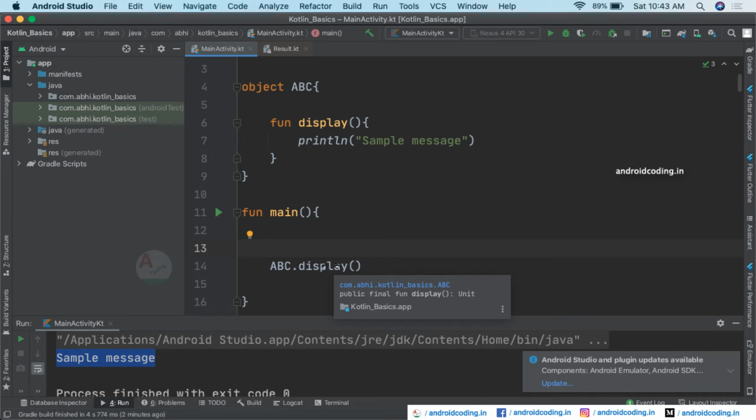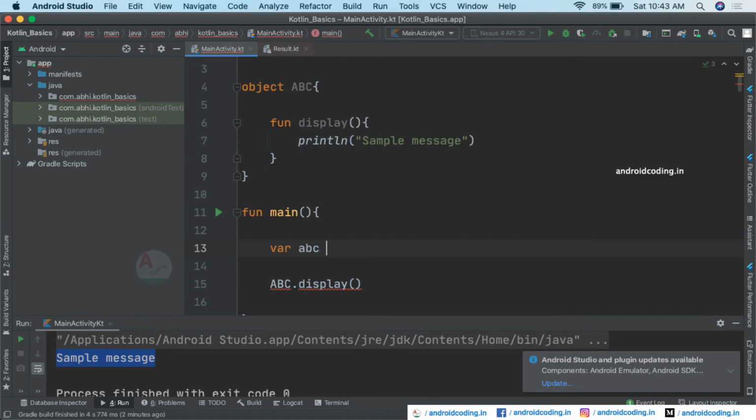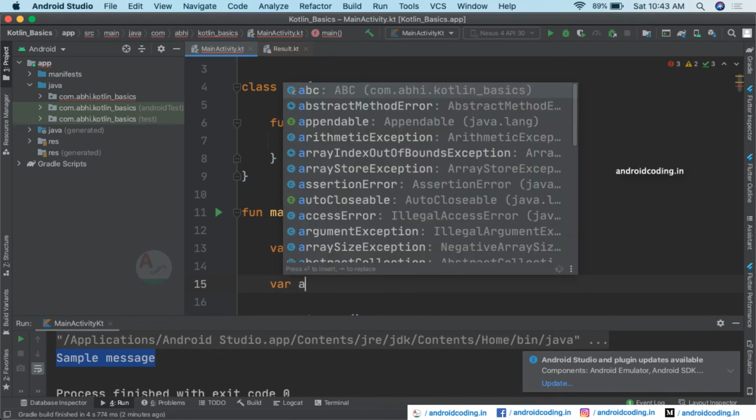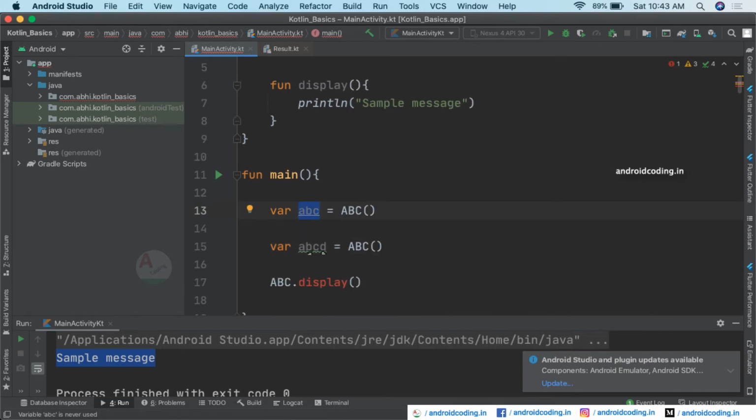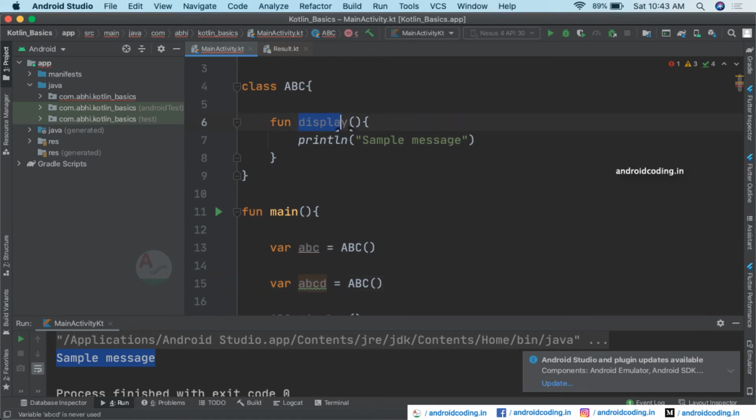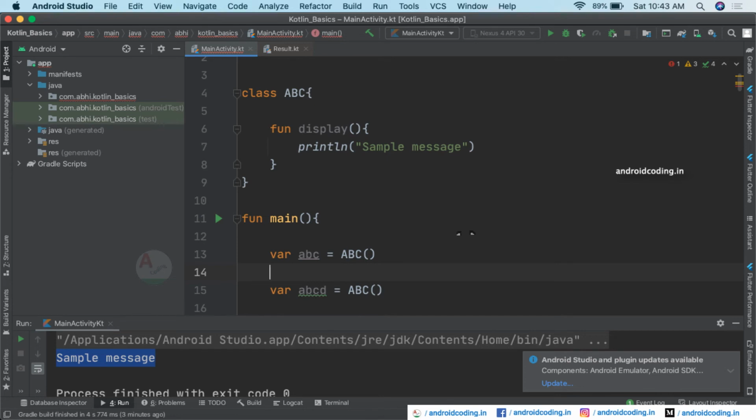So in our previous way we have declared a variable and we have created an object for our class ABC. So in that particular scenario, let us see here, we have created previously an object in this way. This is also a correct way of declaring an object for our class ABC, but you can also see we can create multiple objects here for the same class ABC here. So both ABC and ABCD will help us to fetch this method display. But again, this is an unwanted redundant usage of resources here.